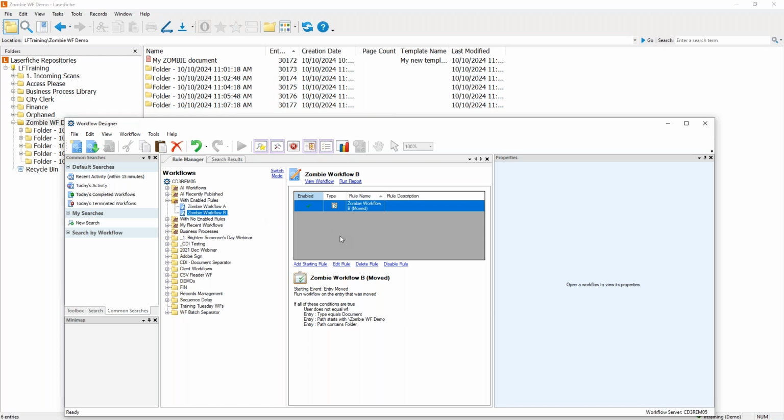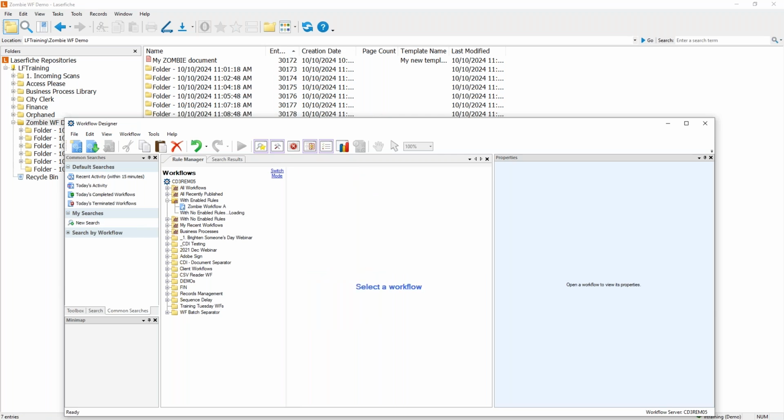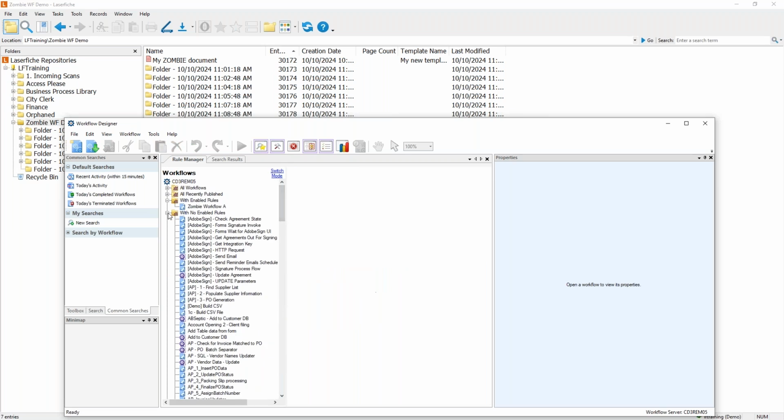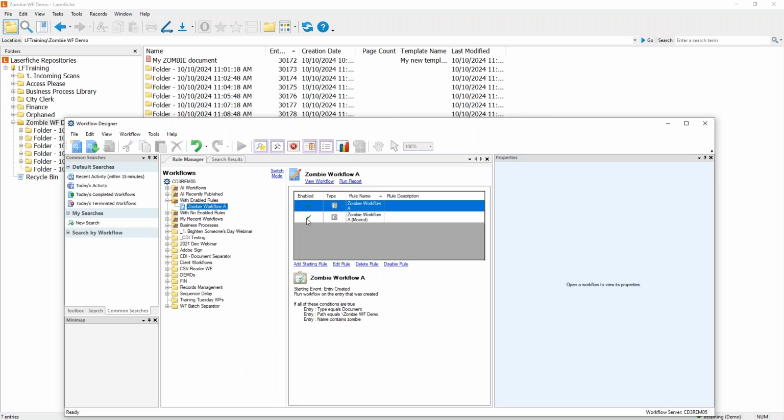Now, if you've not done this and you want to stop things, the first thing you want to do to just get everything back to normal is come into that workflow once you've identified it and just go ahead and disable the rules, which as you can see will throw it into the disabled or no enabled rule list. And you can double click on the green checkbox there, or down at the bottom you can hit the disable rule, and that'll turn off that rule as well. So once you've done that, what you'll want to do is then,